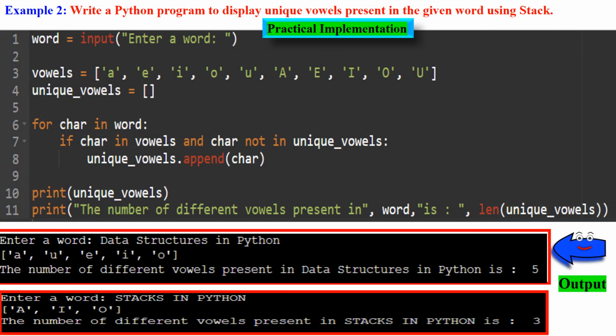Example 2. Write a Python program to display unique vowels present in the given word using stack. Now, look at the Python code. In line 1, this line prompts the user to enter a word and stores the input in the variable word. The input function is used to get input from the user, and the provided message, enter a word, is displayed